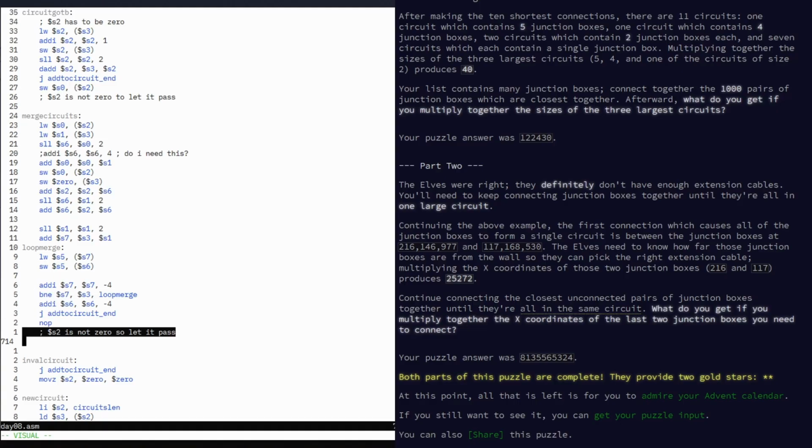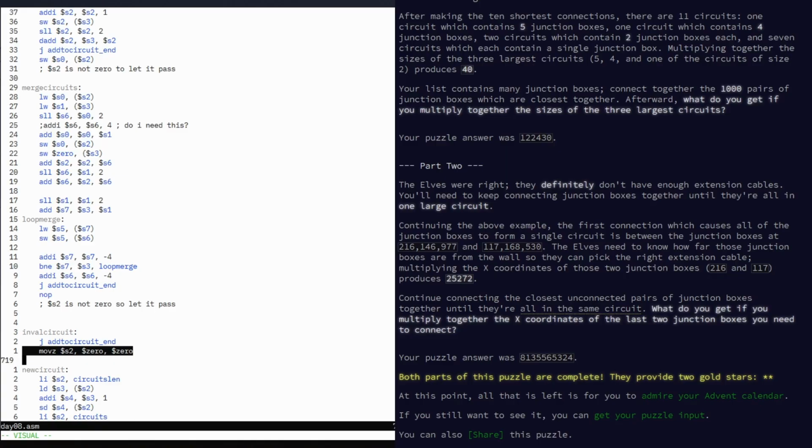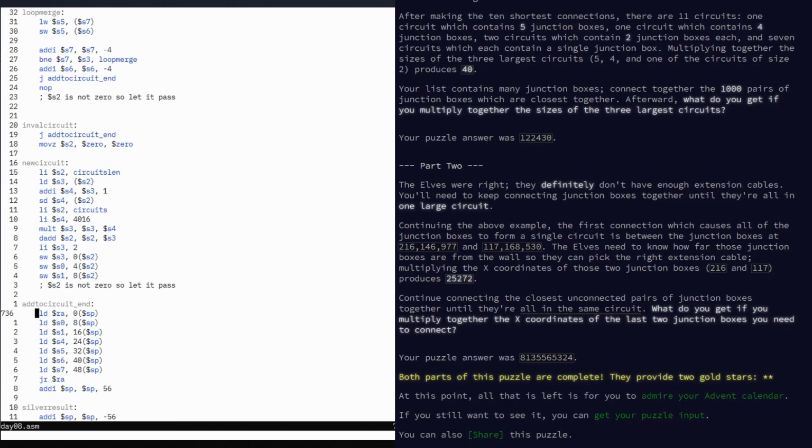Apparently S2 is not 0, so we let it pass again. And then we jump to circuit end. If we end up on the invalid circuit, then we set S2 to 0, and we branch to circuit end. And then we have this thing for a new circuit. We get the circuit's length, we have to load its length out, we add 1 to it, we store it back,